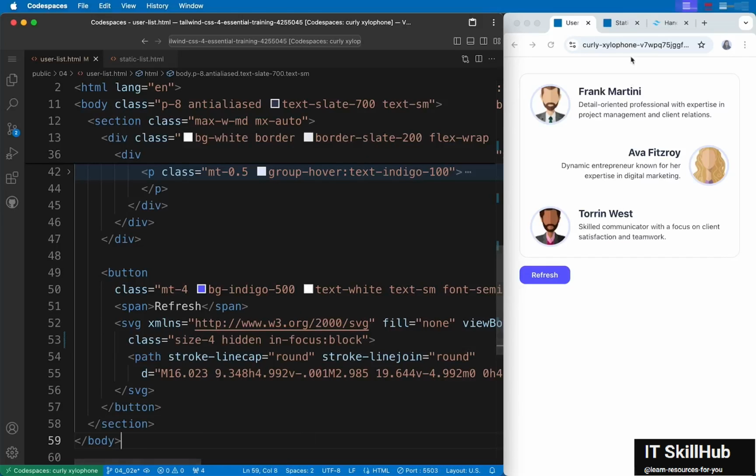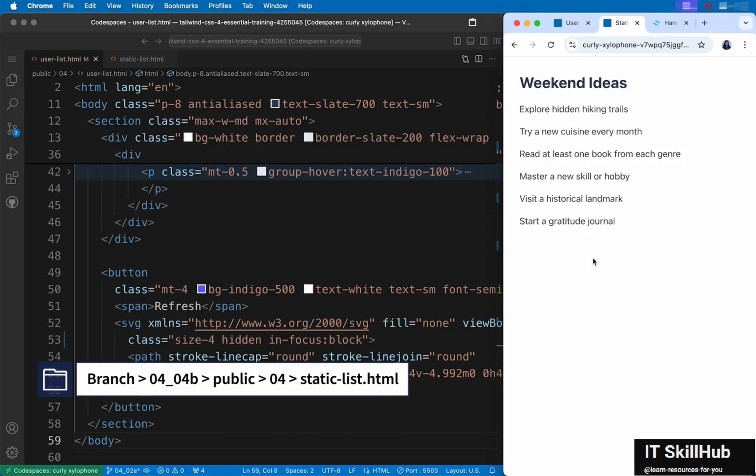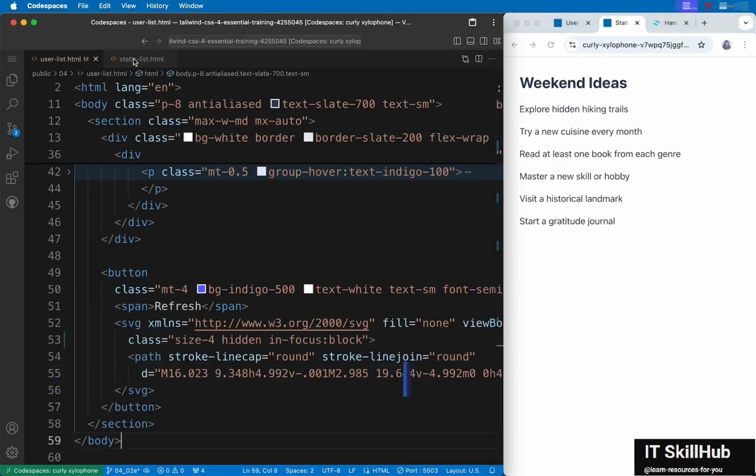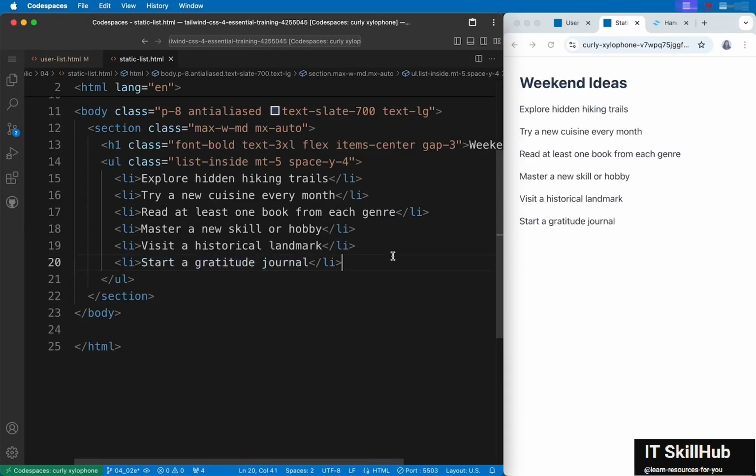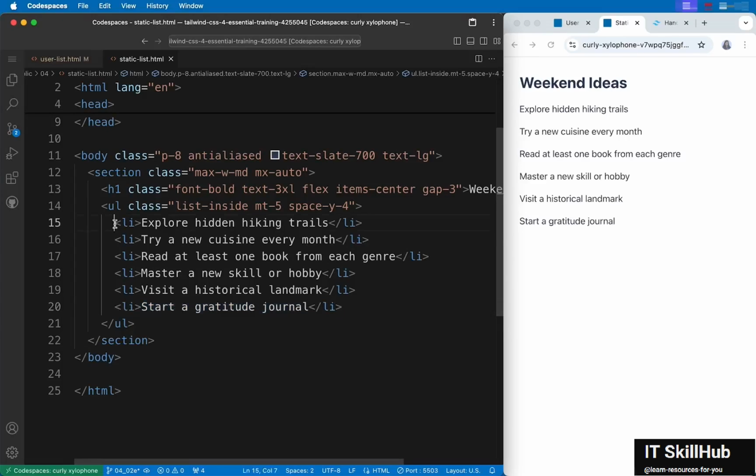That is the child selector. Let's say you have a hard-coded list like this one, and you want to apply a particular style to each item. So this is the markup right here, and we have no other way to put this in a for loop or anything, and it's too small to extract it into a component, but you still want to style each element. And let's say you don't want to use the multi-cursor functionality, you can do that using the child selector.